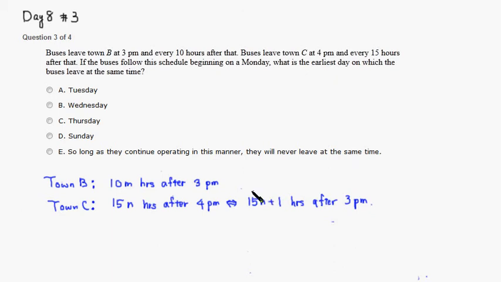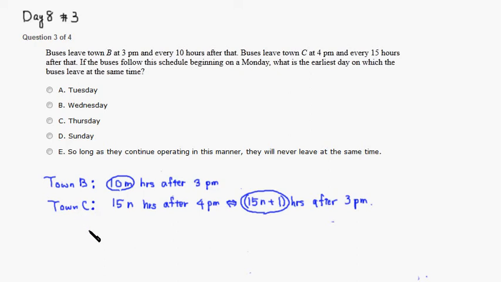So these two quantities, 10m, where m is an integer, and 15n, where n is an integer, must be the same quantity for the buses to leave at the same time. So let's assume that they leave at the same time at some